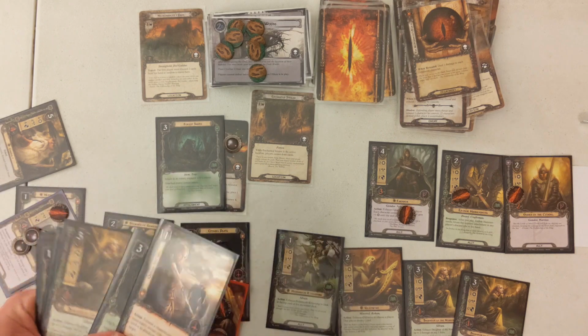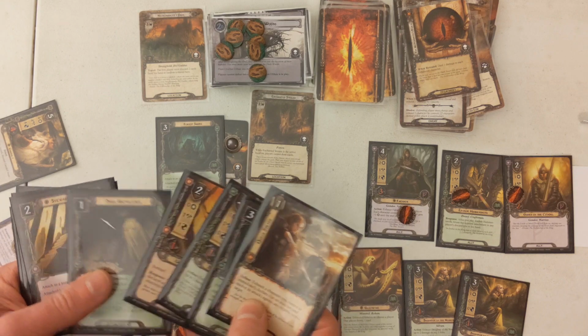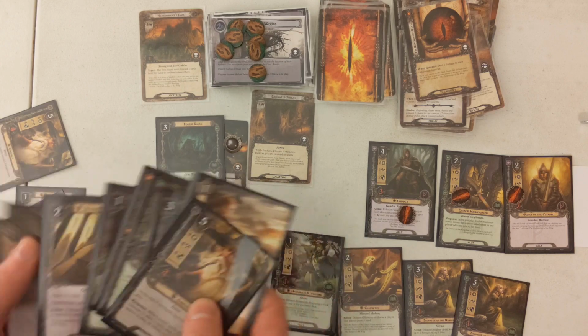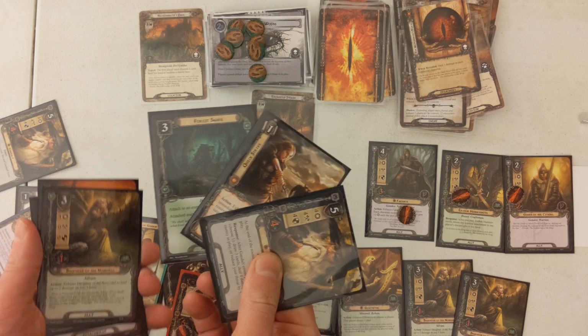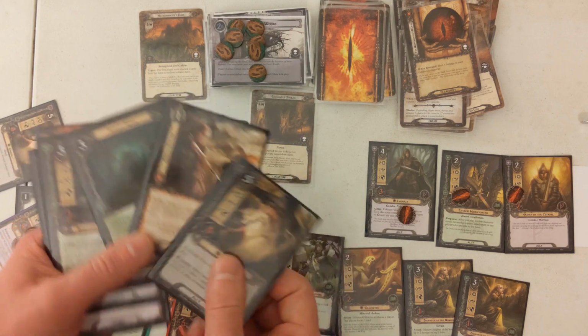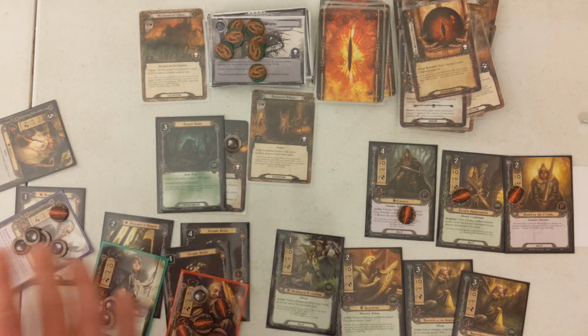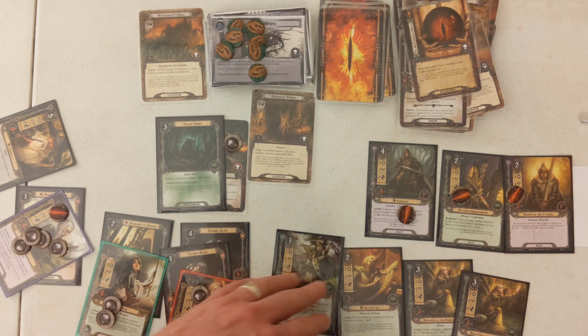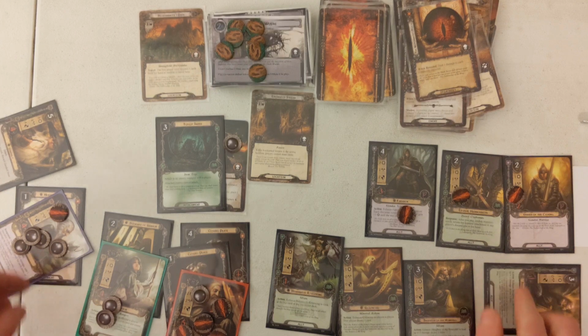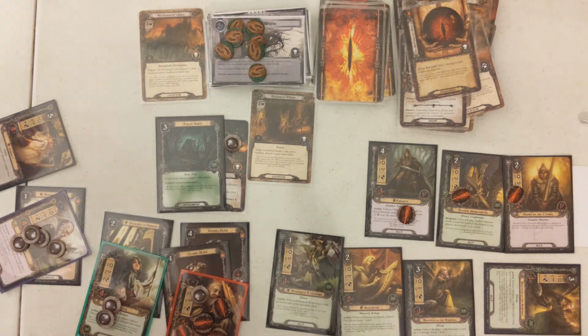Really, when it comes down to it, probably the only cards I'll really need to play for the rest of this game are these 3. Forest Snare, Quick Strike, and Gandalf. I've got enough stuff out. So I'll tap one of her to heal that damage he just took. Okay,